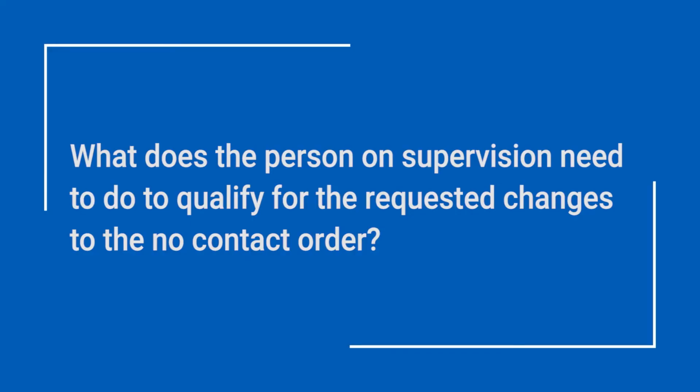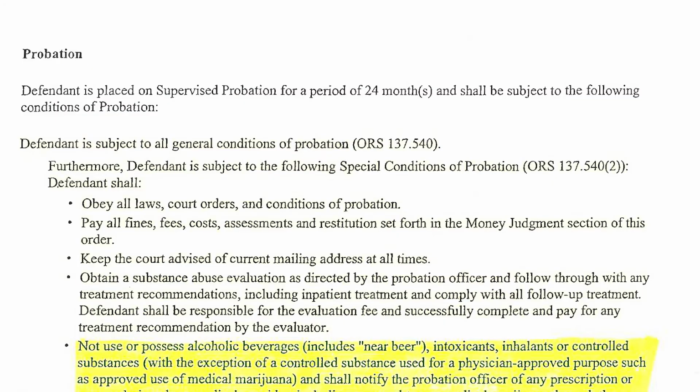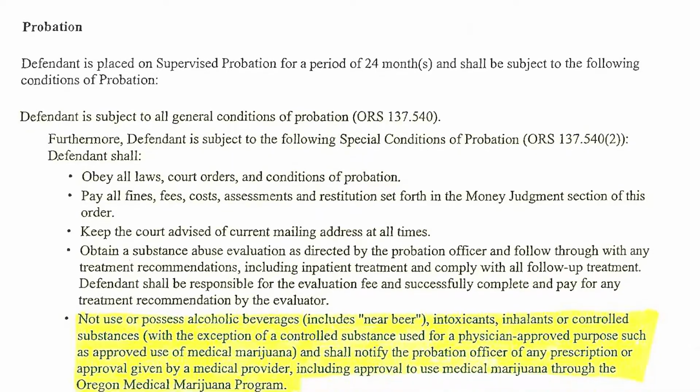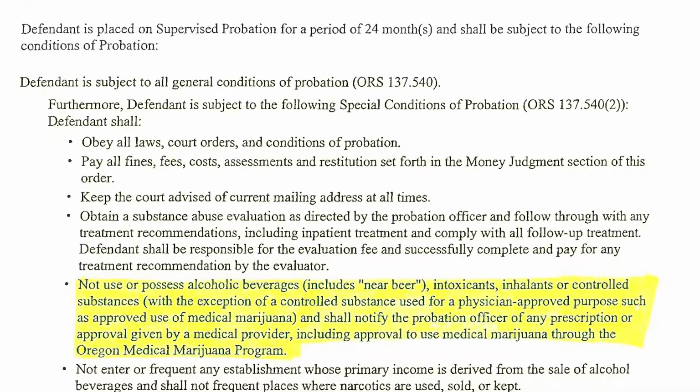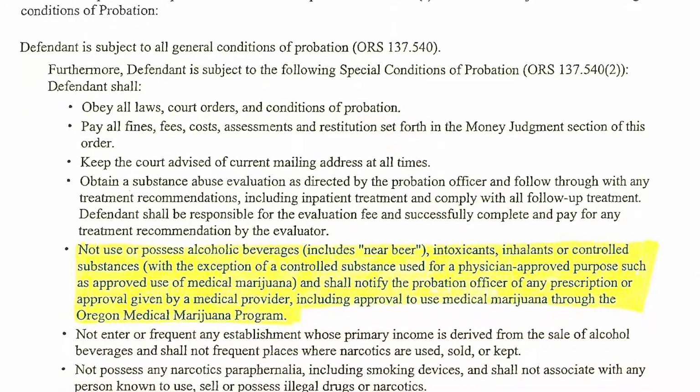So what does the person on supervision need to do to qualify for the requested change to the no contact order? Here in Clackamas County, our expectations are that the person on supervision is in compliance with their supervision conditions and has no recent violations. Some examples of a person being in compliance would be showing up on time to the regularly scheduled meetings with their probation officer,